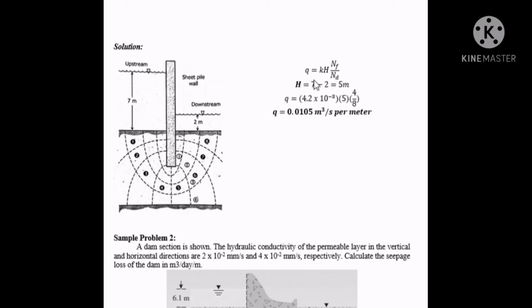And then we calculate H and determine the number of flow lines rather and the number of equipotential lines or potential drops. So in this figure,